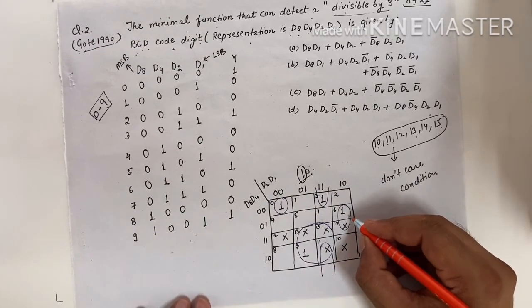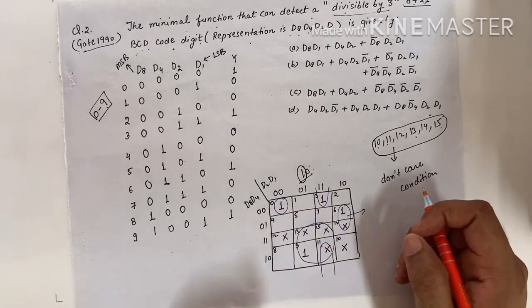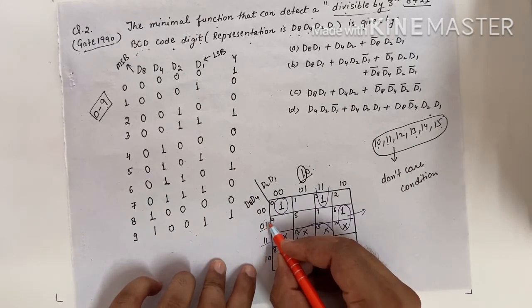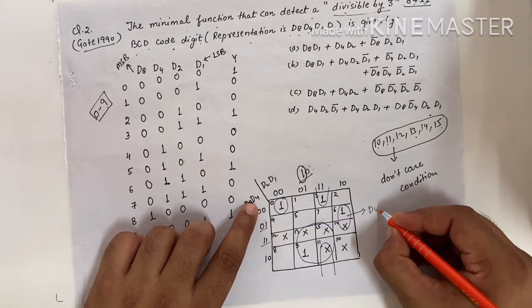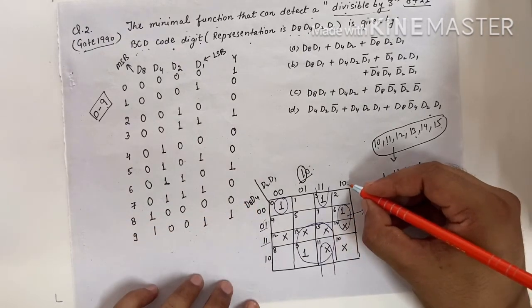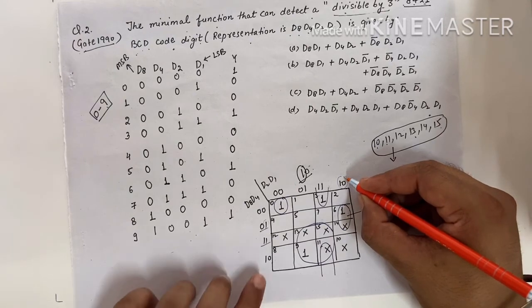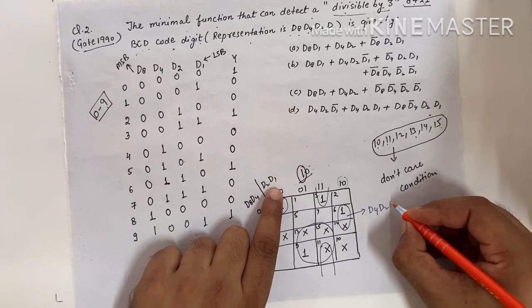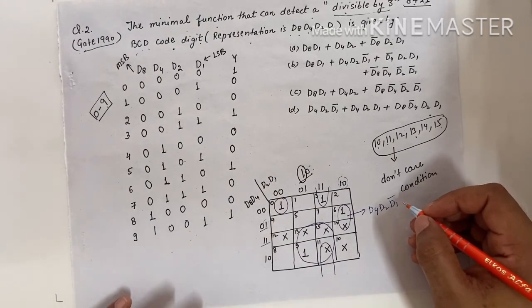We have to write this Boolean expression as follows. See the left, in the left we can see 0 1 and 1 1. Which digit is common? 1 is common. 1 is represented by D4, so we write D4 here. Now see the top, in the top 1 0 is there, and this is the common digit. Here 1 is D2 and 0 is D1, so we write D1 complement. Okay, this is the Boolean expression.